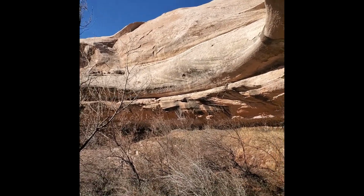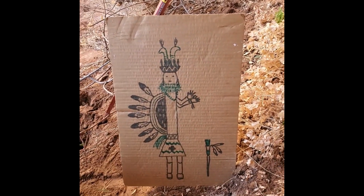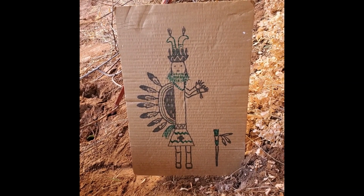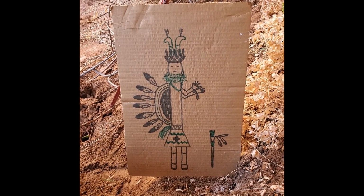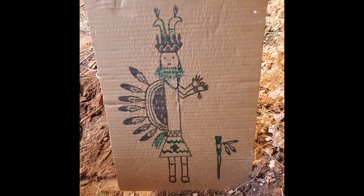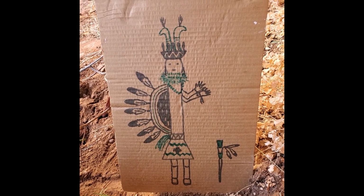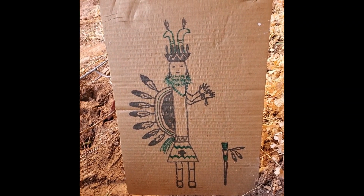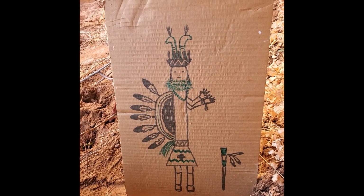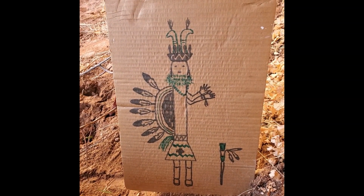And earlier I drew a rendition of the Humpback God. So that's the rendition of the Humpback God that lives in these massive rock walls. And it's a polymorphic entity, part human, part holy people, part desert bighorn, and that's why it has horns up on top. The basket that it wears on its head is like an inverted crown, a crown of weather, and the horns themselves are a very powerful symbol